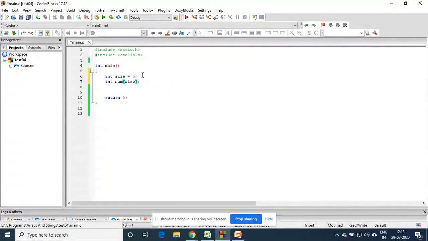Why error? Because the compiler is not in a position to decide. Now you will say pi u is stored in size, but see, pi u is still not stored in size, right? Pi u is still not stored. Why? Memory is not given. How much memory is to be given, that is final, right? But pi is not stored here, so it will give an error.